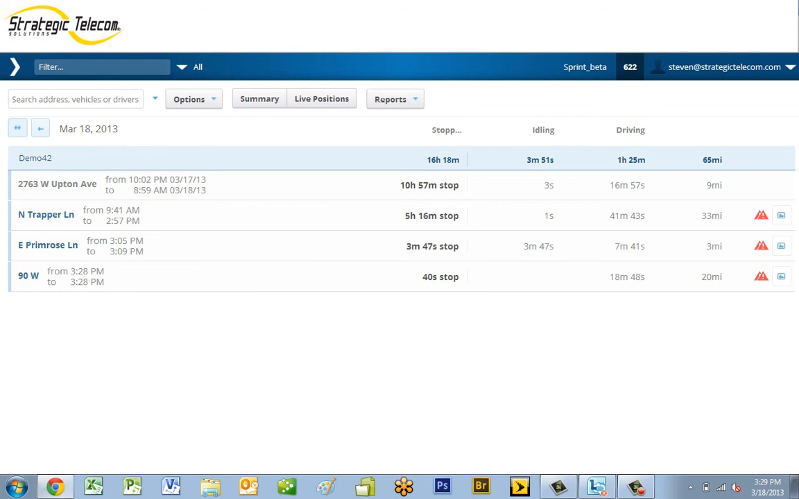So once this vehicle left this address, it drove for 33 miles, a total of just over 41 minutes. Once it stopped at its current location, it idled for about a second, and it stopped there for 5 hours and 16 minutes. I'm also able to understand the breadcrumb trail of the route that the vehicle took to get